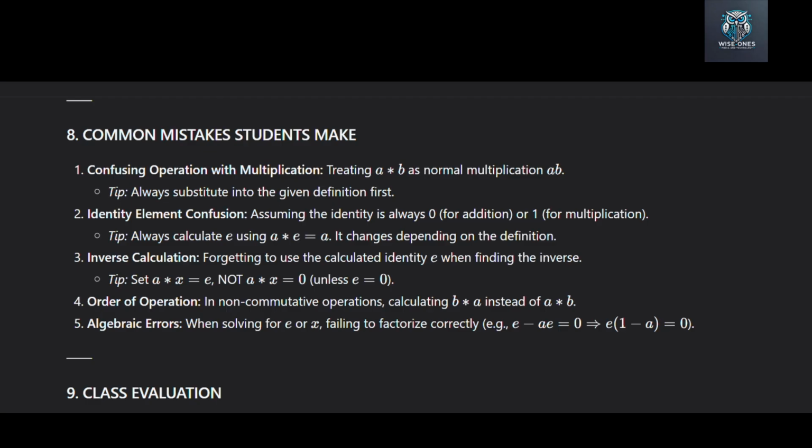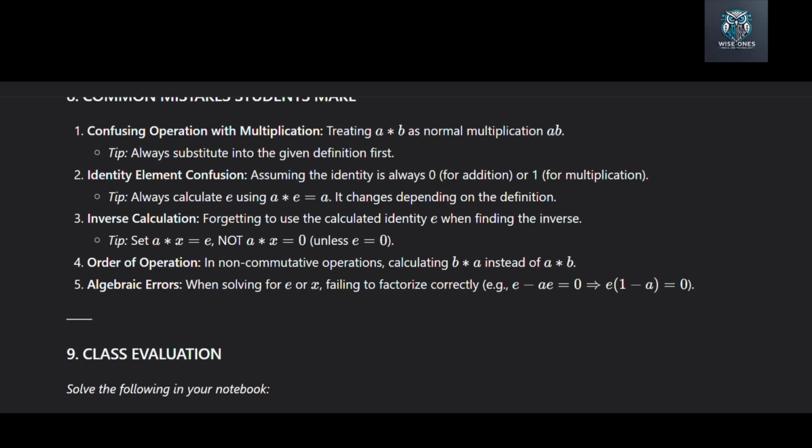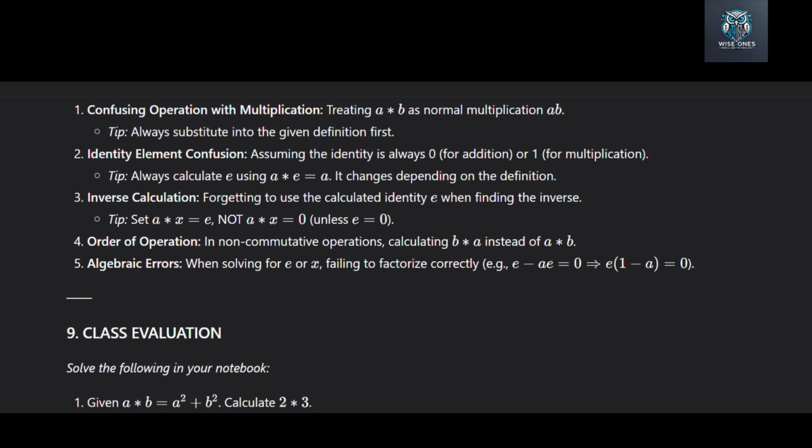Mistake number 3, inverse calculation. Do not forget to use the calculated identity, E, when finding the inverse. Tip, set a star x equals E, not necessarily 0, unless E is 0. Mistake number 4, order of operation. In non-commutative operations, do not calculate b star a instead of a star b. Order matters. Mistake number 5, algebraic errors. When solving for E or x, do not fail to factorize correctly. For example, E minus a times E equals 0 becomes E times (1 minus a)